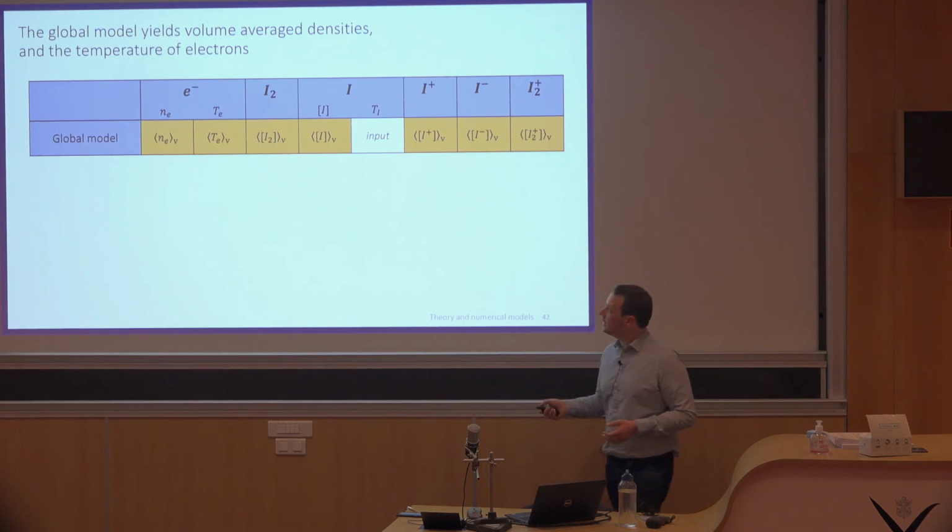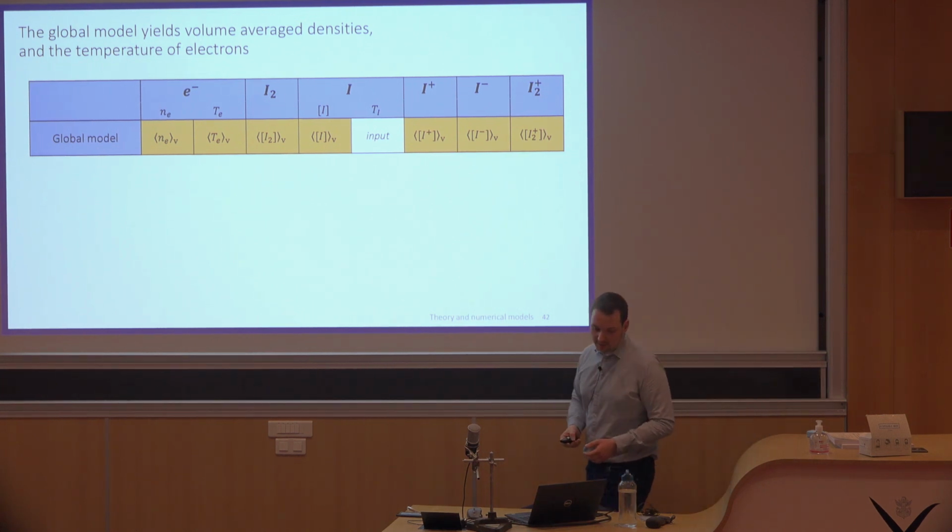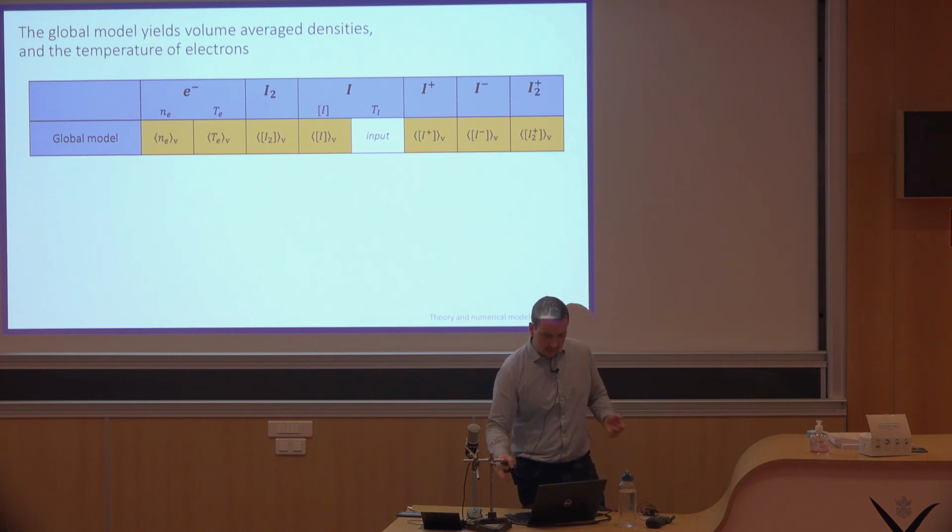If I recap, my model is able to give me the density of each species averaged over the volume, and the temperature of the electron, and to run, I need to give it the temperature of all those species. I consider all the species at the same temperature, and I use it as an input. In my thesis, and I won't go into details here,